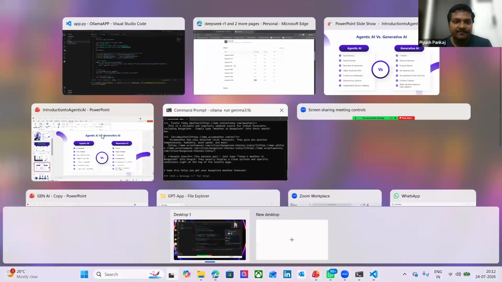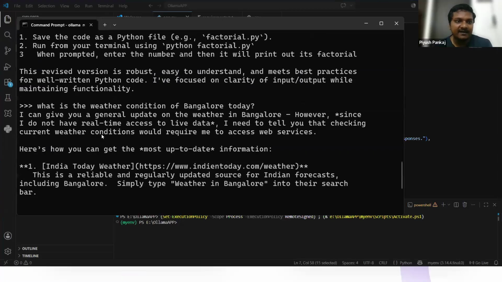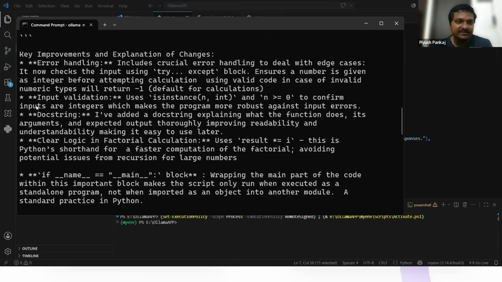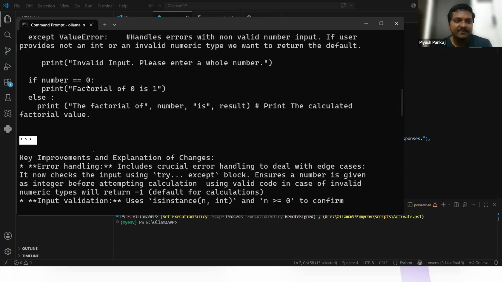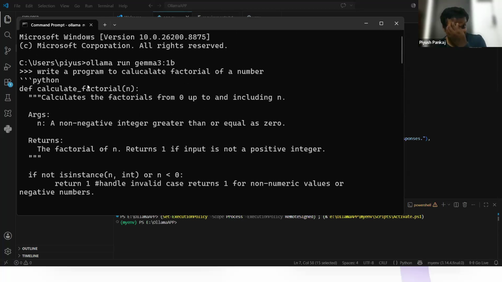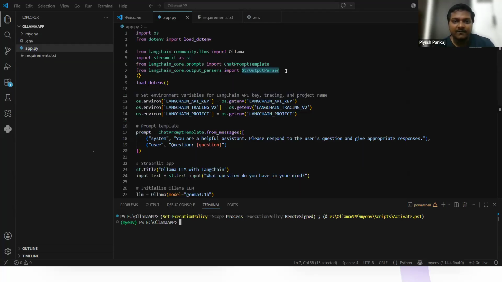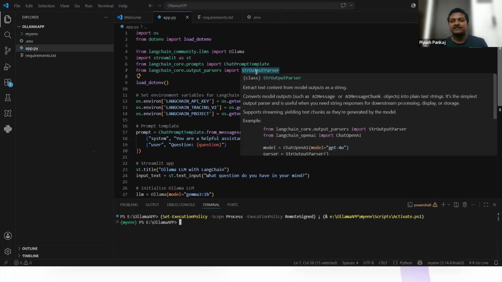If you remember, here you got this thing generated, but you can see asterisks are there. This type of thing is there, right? You are not getting the code also in a proper way. It is not considered a proper output. To parse all the things in a proper way, we use StrOutputParser.